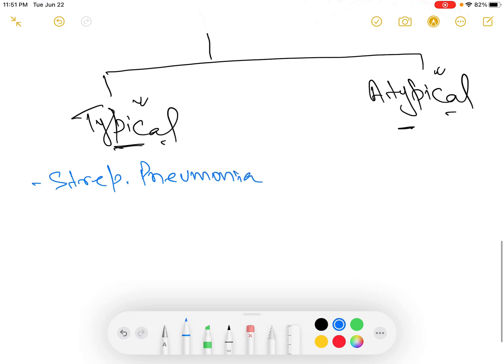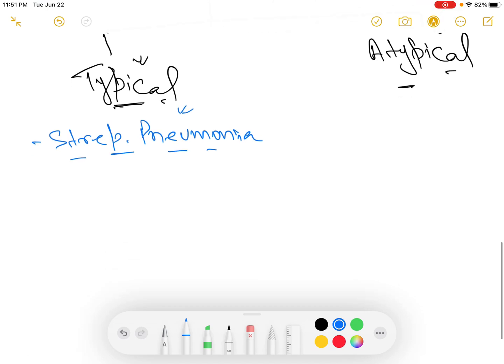Pneumonia. Streptococcus pneumoniae is the number one cause of pneumonia. The fact is the disease named pneumonia actually came because pneumonia is caused by Streptococcus pneumoniae bacteria, and this is your typical bacteria. Some of the other typical bacteria is your Haemophilus influenzae,